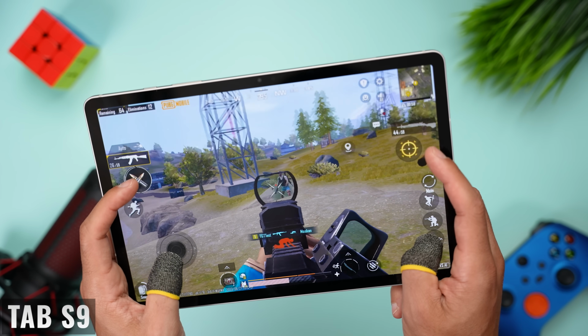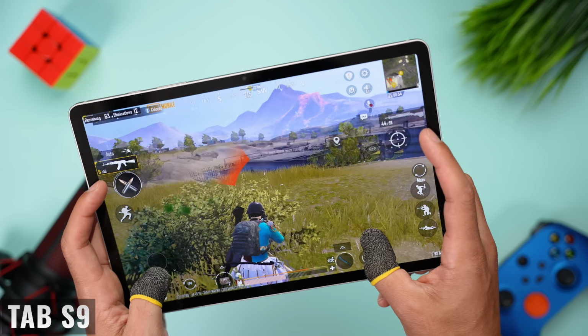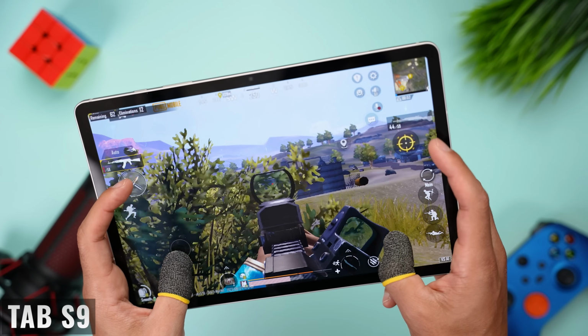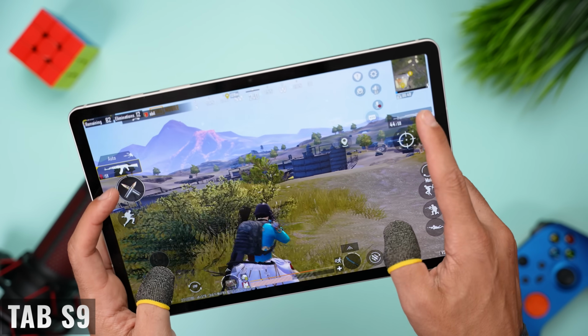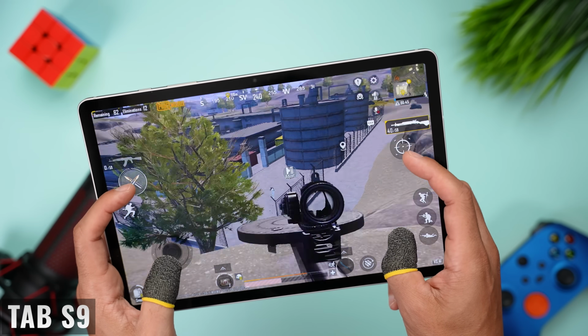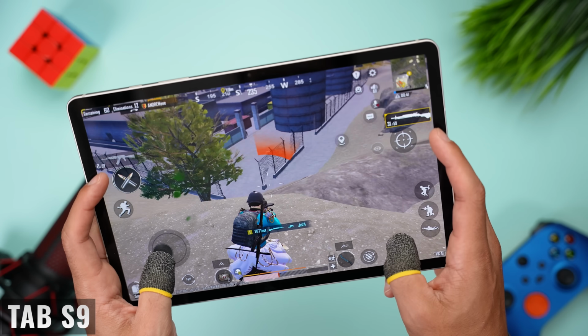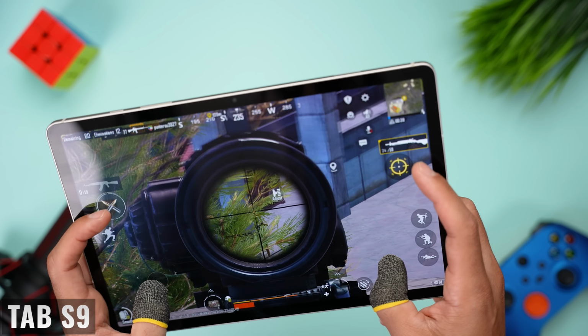Okay, so now let's get to gaming because I do a lot of gaming on tablets, and we have plenty of power on both devices. So basic games aren't going to be a problem, but even more demanding games run very smoothly. If you're playing PUBG on the Tab S9, you can go to HDR graphics with frame rate set to extreme, or you can go to Ultra HD for graphics and Ultra for frame rate.